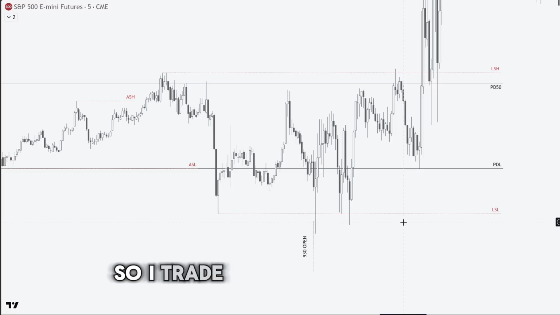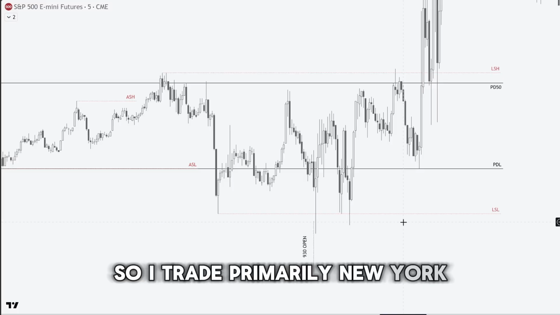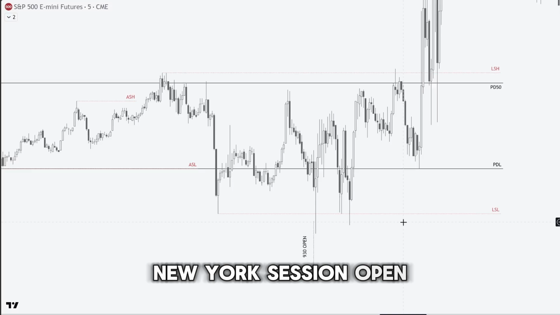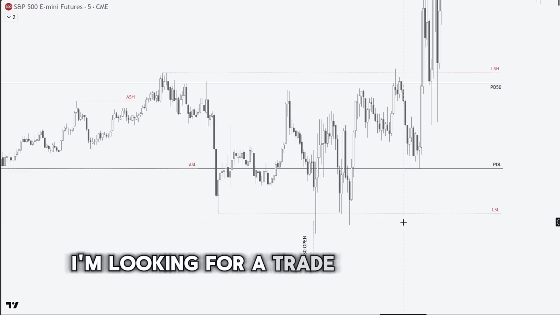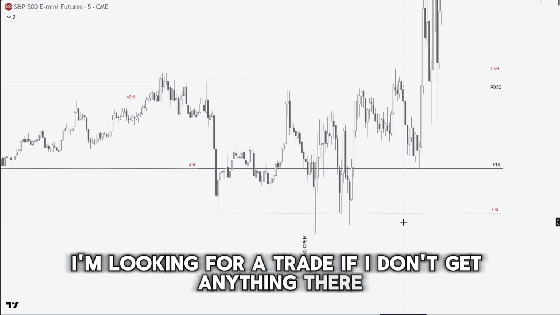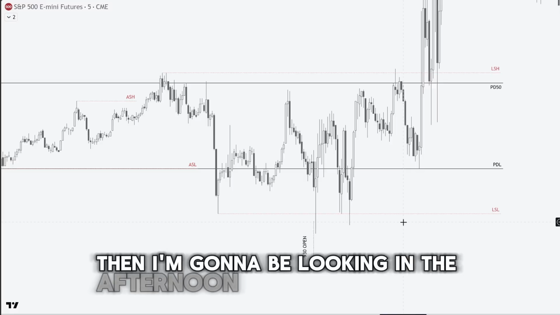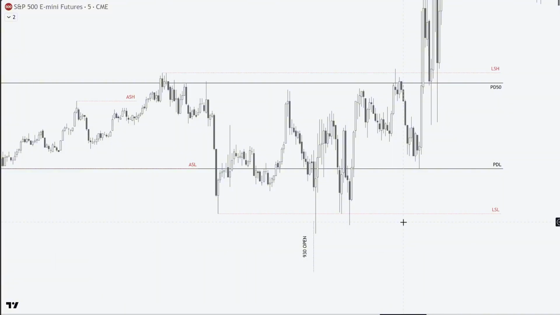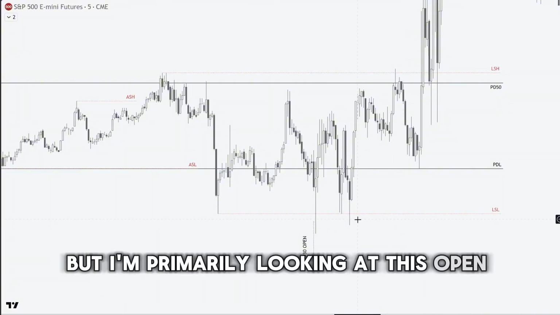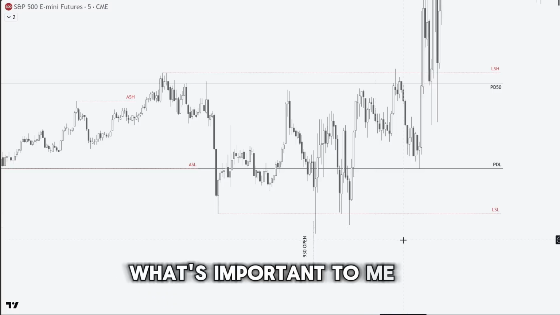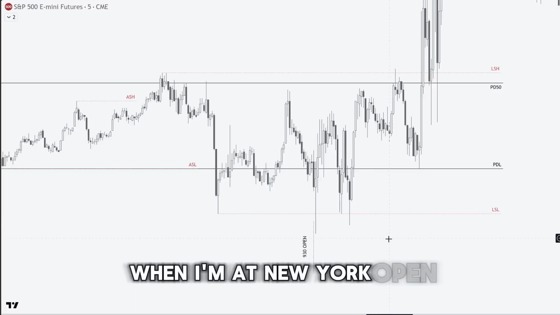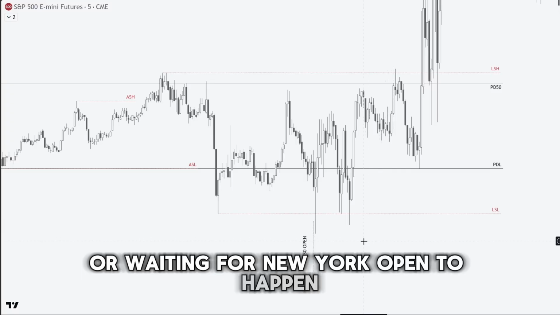So I trade primarily New York session open until lunchtime. I'm looking for a trade. If I don't get anything there, if I get a loss, then I'm going to be looking in the afternoon after lunch session. But I'm primarily looking at this open. Okay. What's important to me when I'm at New York Open or waiting for New York Open to happen,